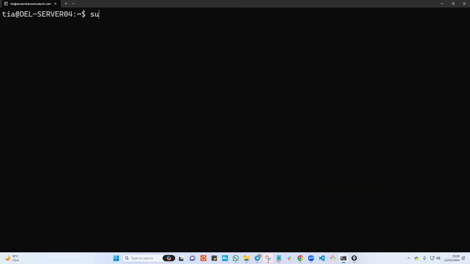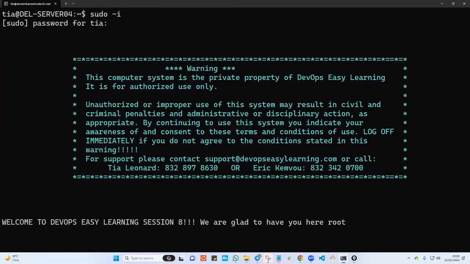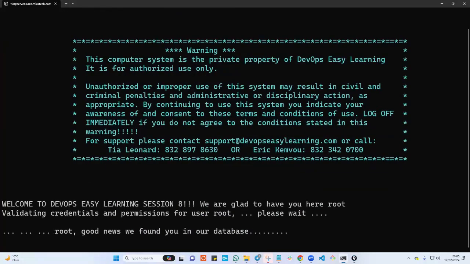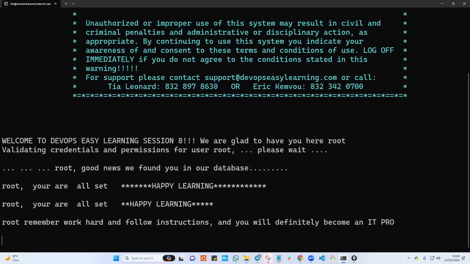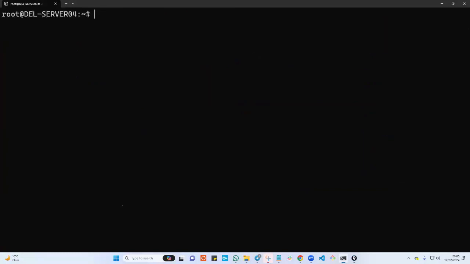I will switch to root because I don't want to be using sudo every single time. I'll type my password, as I have the proper permission in the sudoers file. I will be able to log in, switch to root, and work permanently as root. Now, using useradd -m to create a home directory, I'm going to